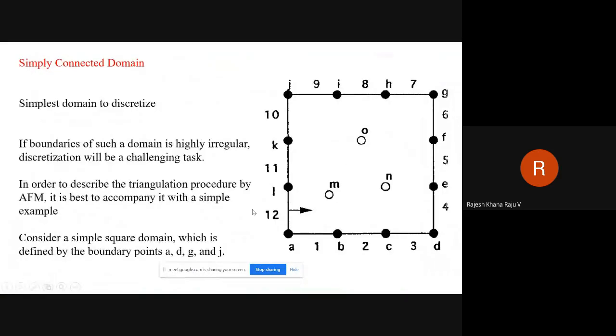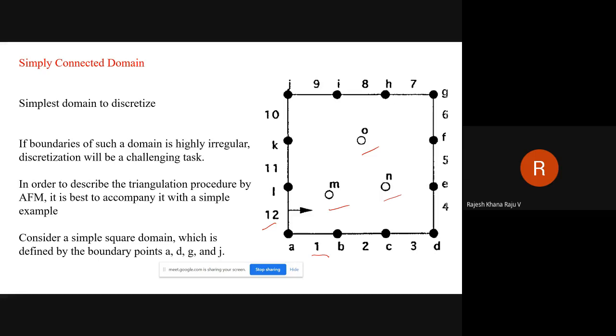So what we have done here is we have selected a simply connected domain of a square shape, and the boundary edges are numbered counterclockwise from 1 to 12, and there are 3 nodes internally. Just for the sake of our analysis, we have taken a simply connected domain with this sort of situation. That means nodalization is over as such.